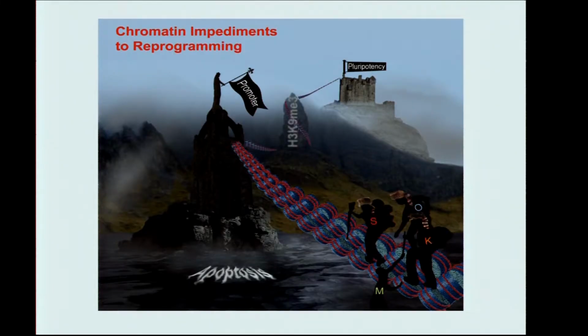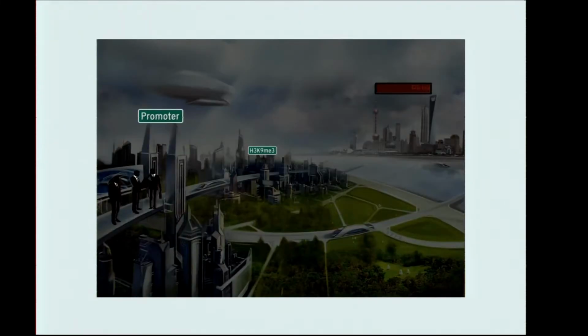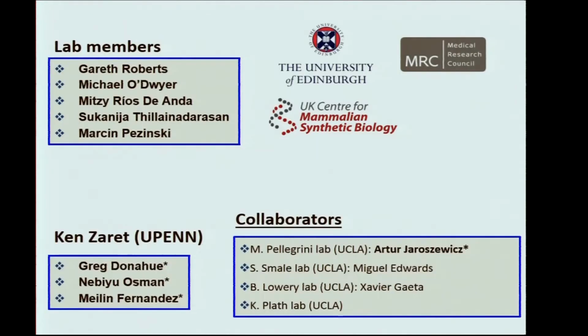And what we're doing in the lab is to use another approach, learn from these factors, and engineer our own factors that are more specific, are binding the right promoters, and can also easily overcome H3K9 trimethylation and go straight to pluripotency. And with this, I'd like to thank my lab members, and also I've just moved from Kanzaret